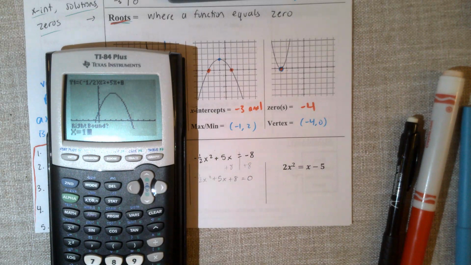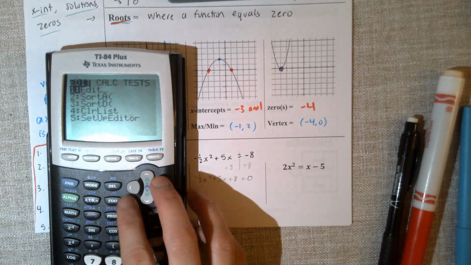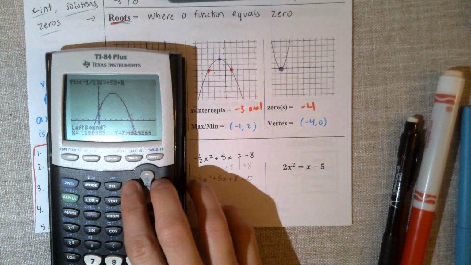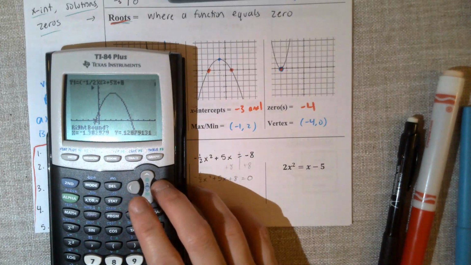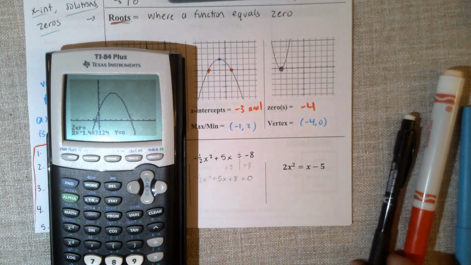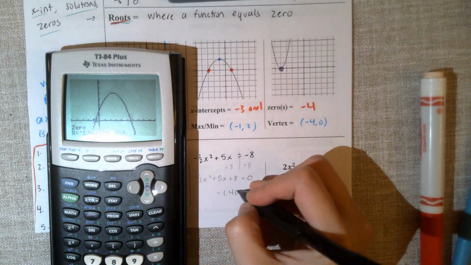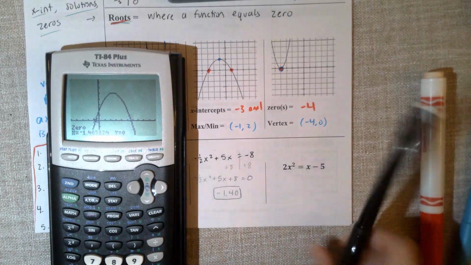Okay, I think I just typed in 1. No, it didn't find it. Okay. I must have mistyped something. Calc, 0, left bound, right bound. So we have our first answer, which is -1.40. And then our second answer,